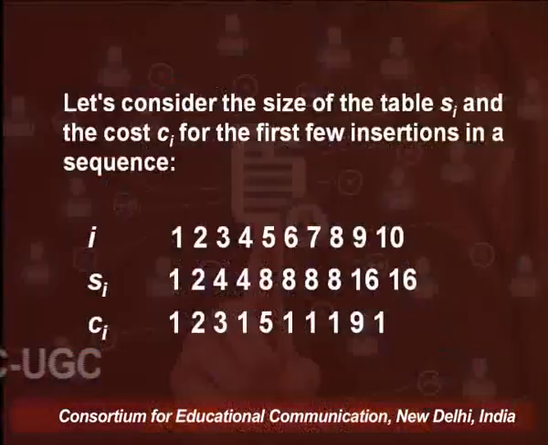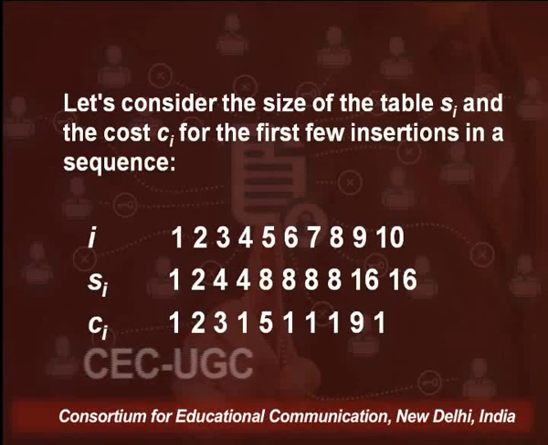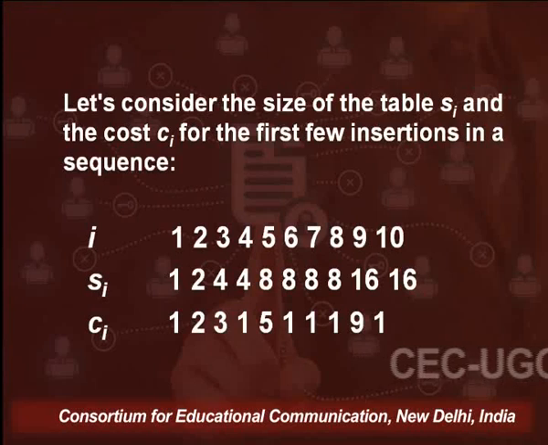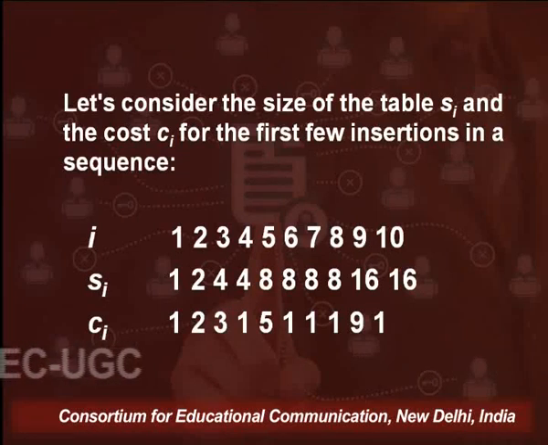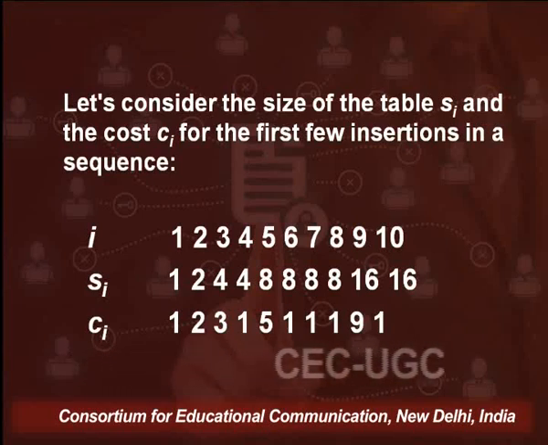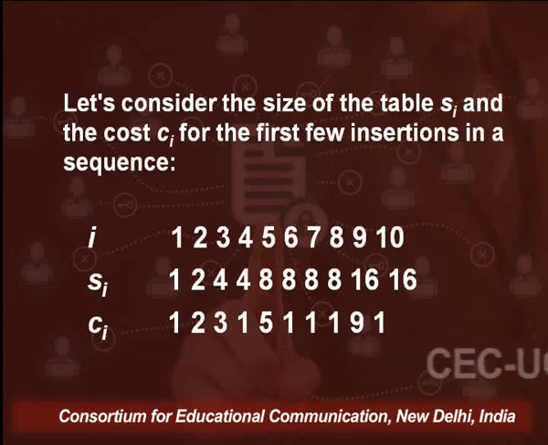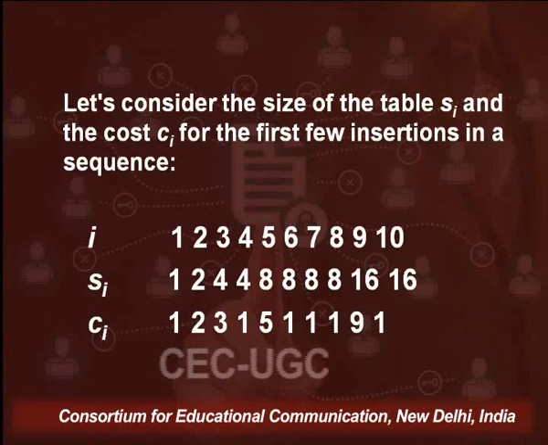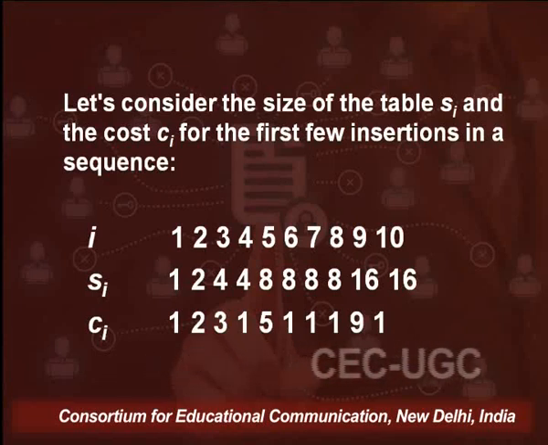So let us consider the size of the table, which is denoted by S of i, and the cost Ci for, let's say, the first few insertions. When i is 1, the size of the table is 1, cost is 1. When i is 2, size of the table is 2, cost is 2. When i is 3, the size of the table is 4, because that has been doubled now, and